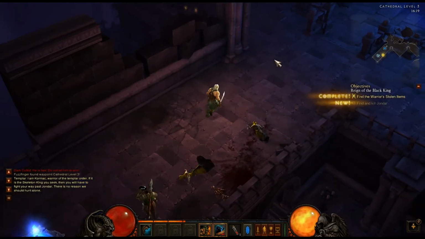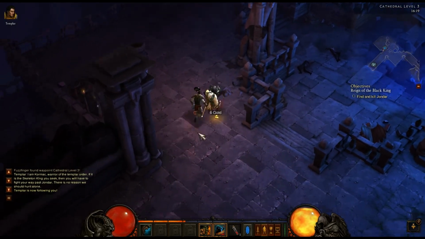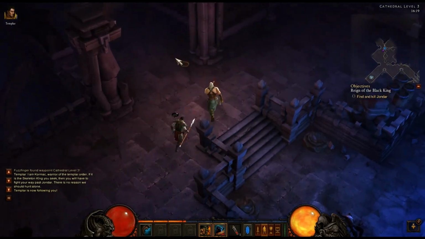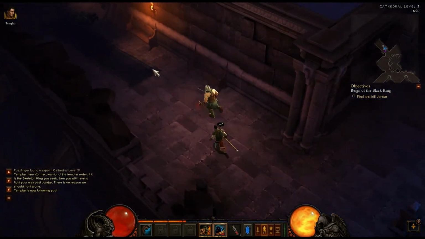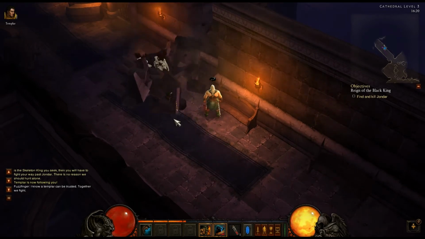I am Cormac, warrior of the Templar Order. If it is the Skeleton King you seek, then you will have to fight your way past John Dar. There is no reason we should hunt alone. I know a Templar can be trusted. Together,